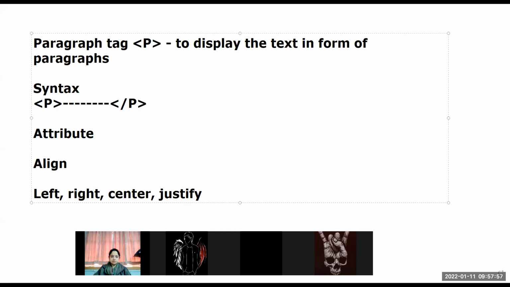Yes, ma'am, may I tell justify alignment? Yes, sure. Ma'am, justify alignment is an alignment which creates space between words so that edges of each line are aligned with both margins. Correct, very good. Harman, justify alignment aligns the text evenly between the left and right margin.